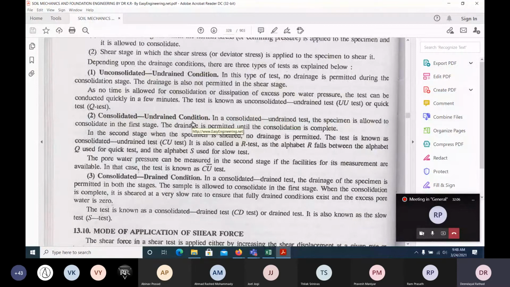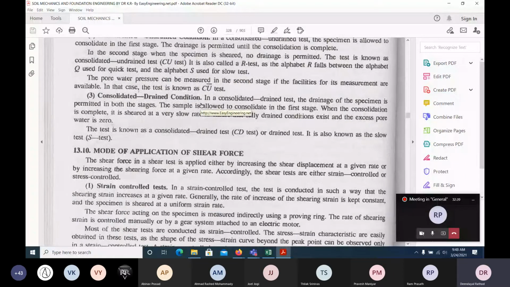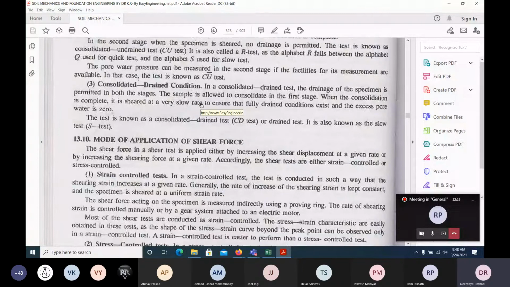Because of that, you could literally find in the laboratory the soil sample tries to fail, and the 45-degree shear you could see easily. It is a transparent equipment. Anyway, I'll show you what those two tests are. One is the direct shear test. The second one is the triaxial compression test. So these are the tests.